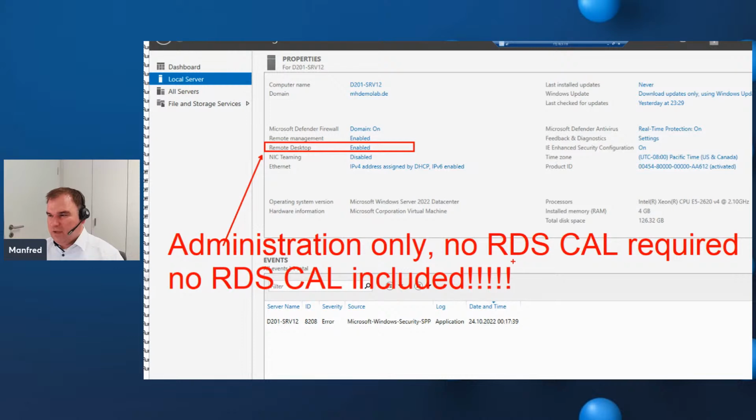This is important because when you enable remote desktop here, you have 3 sessions, 1 console session and 2 remote sessions.